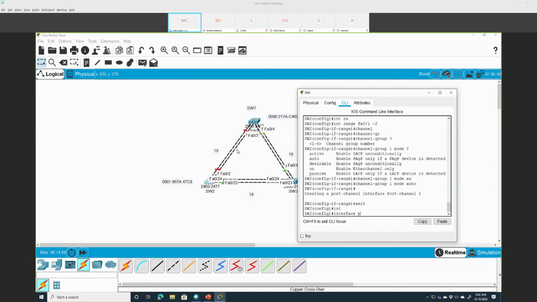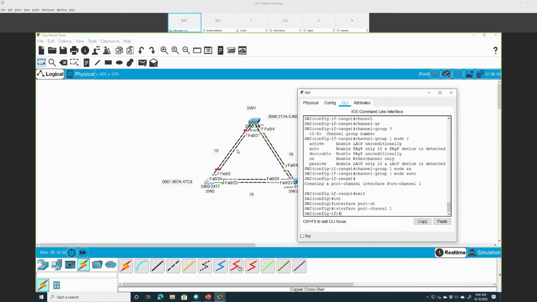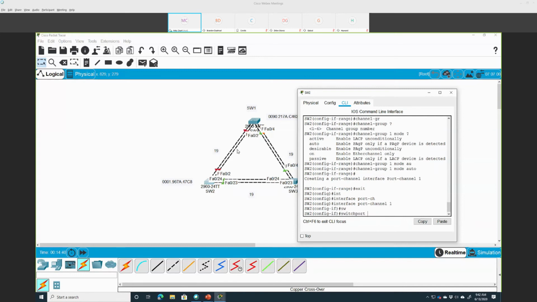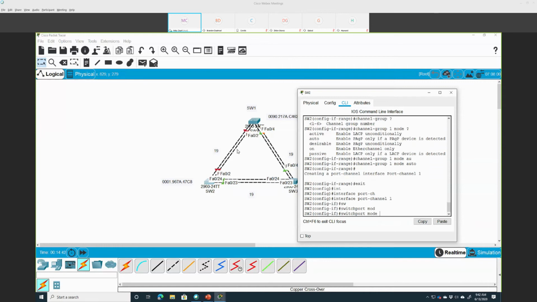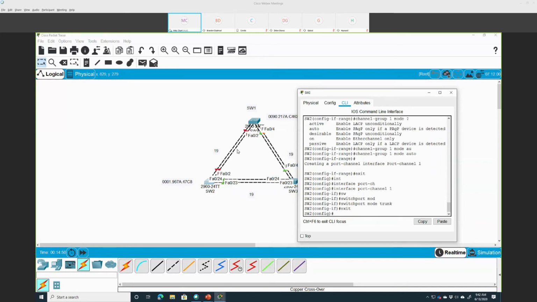Interface port-channel 1, and we're going to say switchport mode trunk. Okay, now we say exit